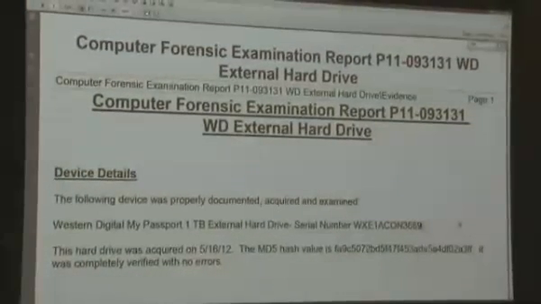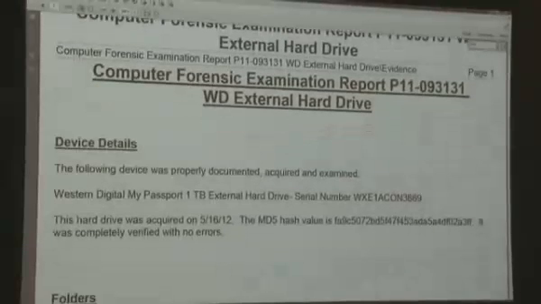Ms. Lass, before you, is this the computer forensic examination report from that external hard drive? It is. And this long numeric and alphanumeric part of this sentence right here, that's the hash value? That's correct. So you compare that to what the original hash value was of the hard drive, and that's how you know that they're the same and it hasn't been affected in any way? Correct. Okay.